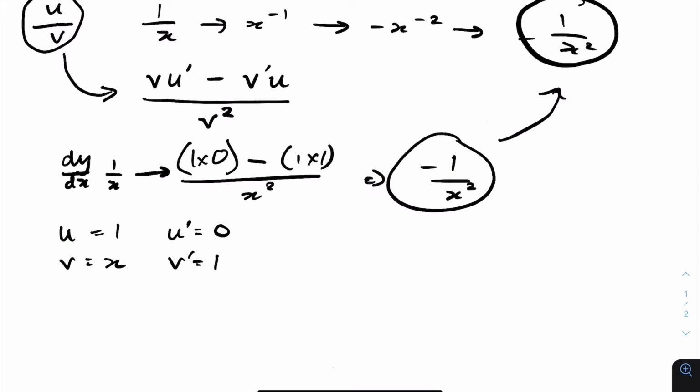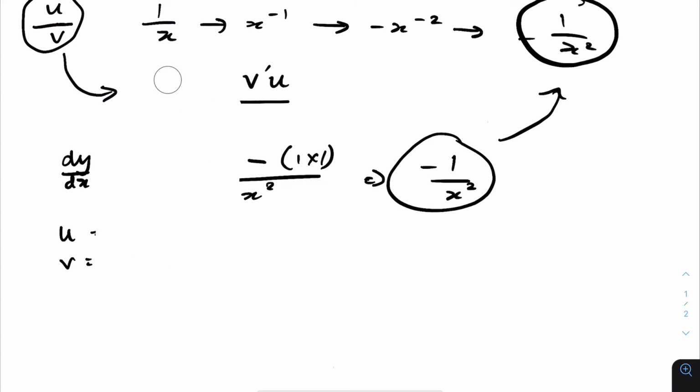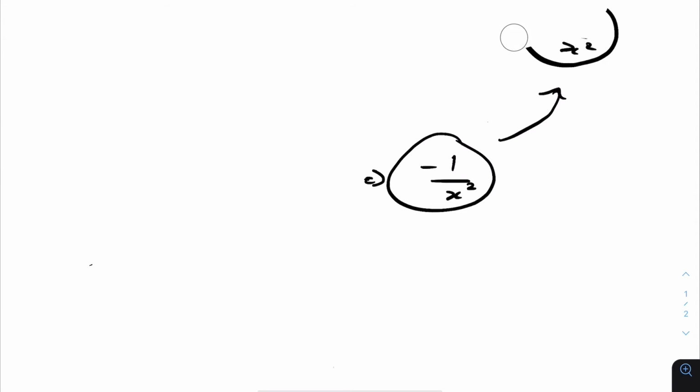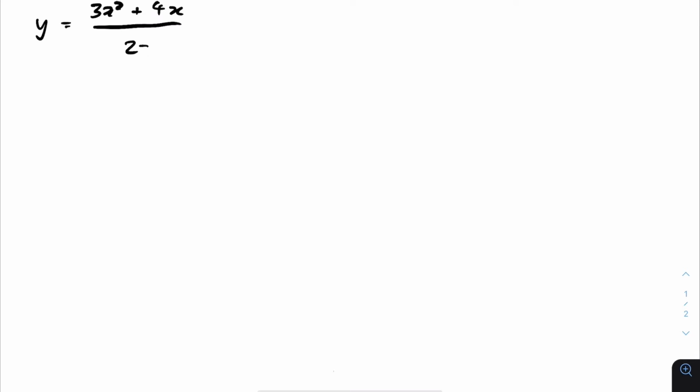Okay, so now let's do it with a more complicated problem, because the one we just did is pretty easy. I'm sure it's quite manageable. So let me just erase everything here. Okay, so let's say we had the expression y equals 3x squared plus 4x divided by 2x cubed,